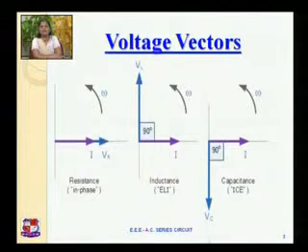In the third diagram you can see that again the phase difference is 90 degrees, but the current is leading by 90 degrees and the voltage is lagging behind the current by 90 degrees. So the third diagram shows a purely capacitive circuit. So first is the purely resistive circuit, second is the purely inductive circuit, and third is the purely capacitive circuit. When a resistive circuit is there, the phase difference is 0. For an inductive circuit, current is lagging behind the voltage, and for a capacitive circuit, current is leading by 90 degrees.